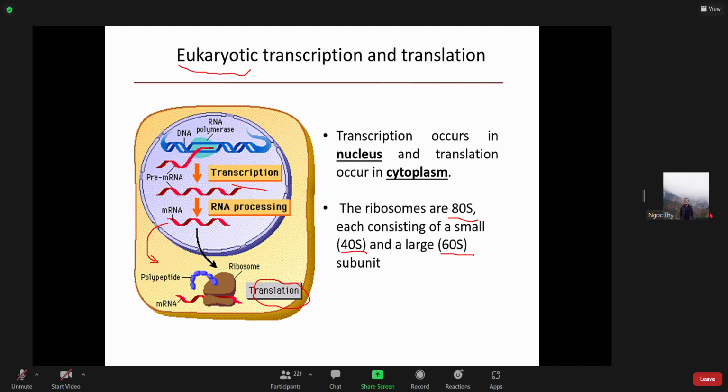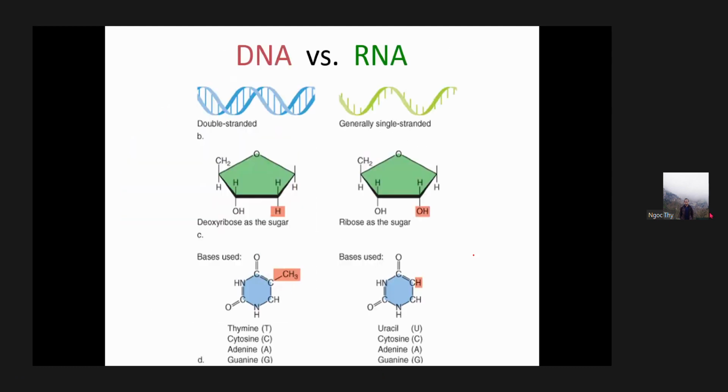Oh, by the way, I remember that in this class last week, there was a student who asked why RNA has uracil instead of thymine in DNA, right? So I checked the research on PubMed. It turned out that the T in DNA is more stable